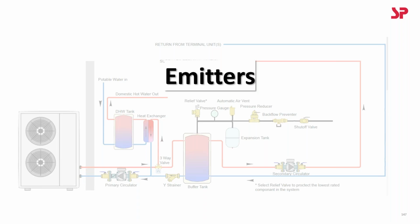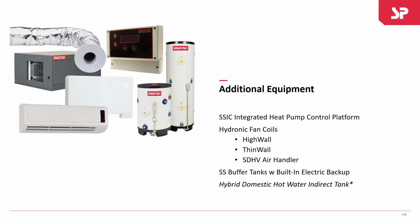Emitters, right? What are the emitters? Emitters are what's going to take the energy that we've created and stored in the buffer tank and put it in your space, right? The emitter could be the fan coil. The emitter could be the radiant floor. The emitter could be a low temperature panel radiator, it could be a higher temperature piece of baseboard. It could be low temperature baseboard, right? And anywhere in between. So we have some additional equipment here at SpacePak, right, to accompany our air to water heat pumps on their journey to efficiency, right, and satisfying your home's loads,